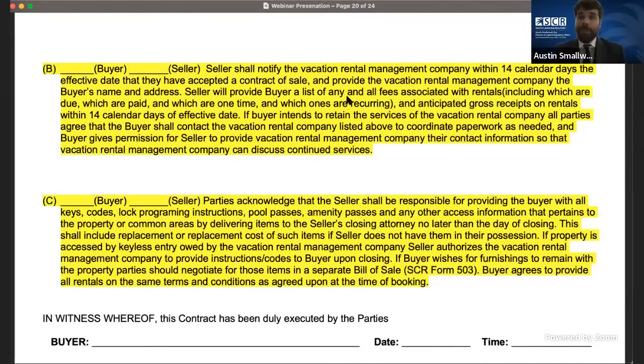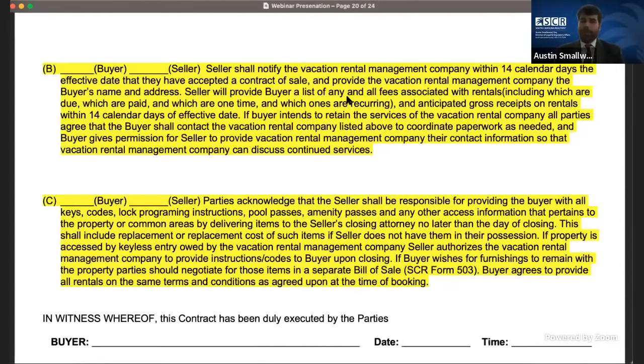So same time period. And then if the buyer intends to retain this company, then all parties agree the buyer will be given the contact information, and the rental management company and the buyer can then coordinate. It's not the buyer's job to notify the seller, and they don't need to be negotiating that in this form. So kind of saying, hey, we're going to put you in touch with the right parties. We're going to provide you what's required by statute, but we're not going to make the buyer make that decision right off the bat. And then C, we have in there that seller's going to provide you all the key